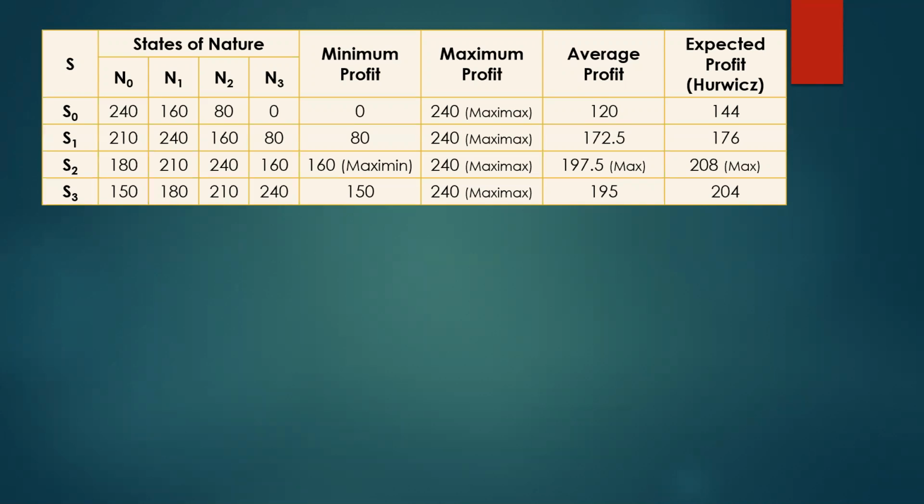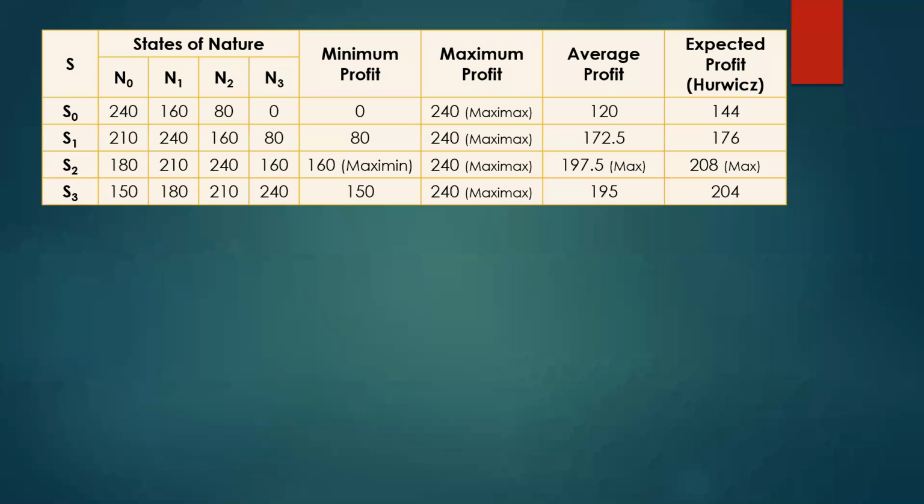Whereas in the first case, where I'm using the maximin criteria, S2, which is the corresponding value of the maximum, or you can say the maximum value, is 160. So S2 is the best strategy, that is, stocking 2 units of air cooler will be the best strategy in this case. Now, if you remember, this criteria, the maximin criteria, is more of a pessimistic approach. And your maximax is your optimistic approach. So in the optimistic approach, I can make use of any of the strategies. Now coming to